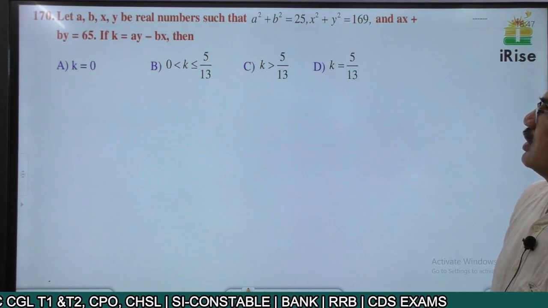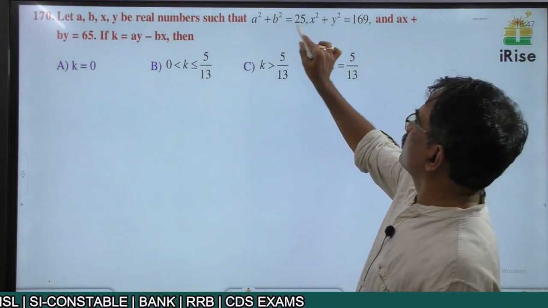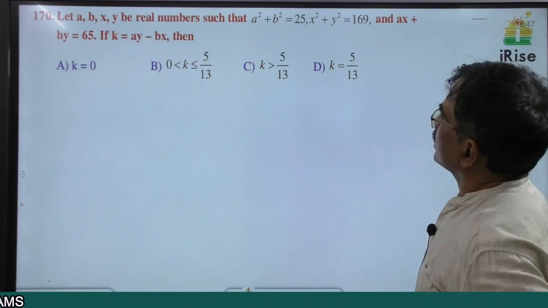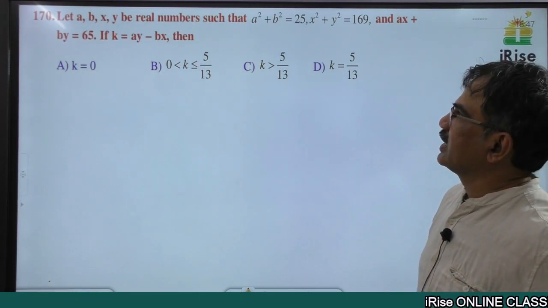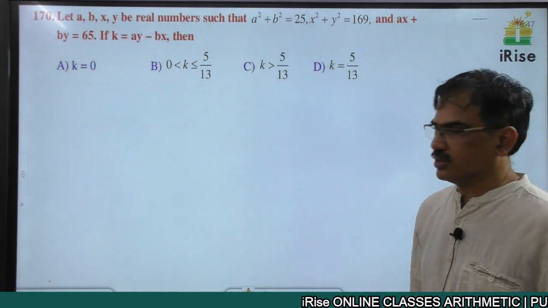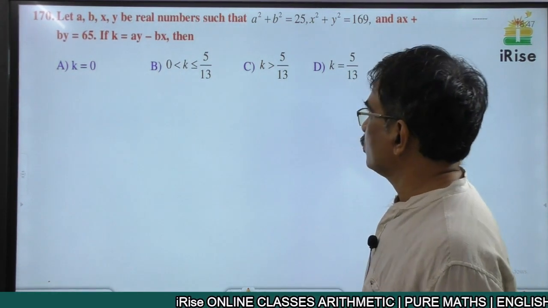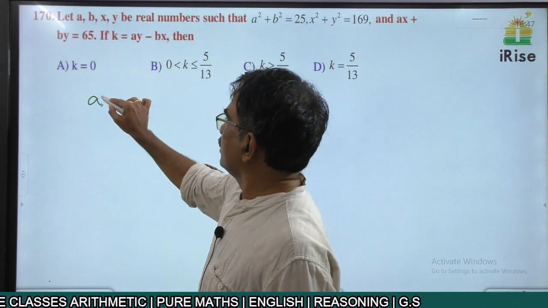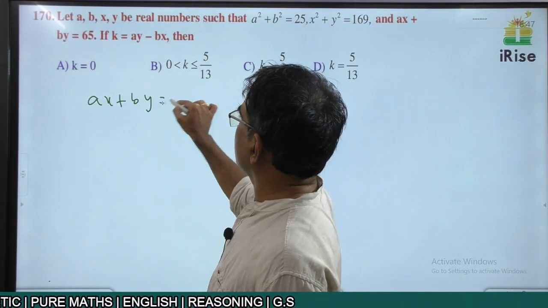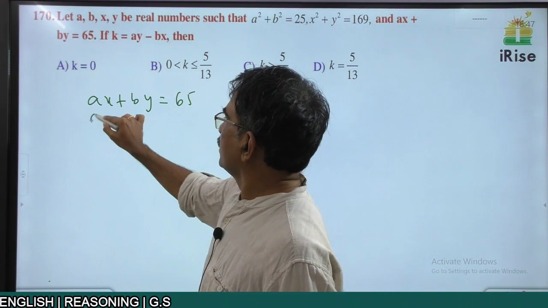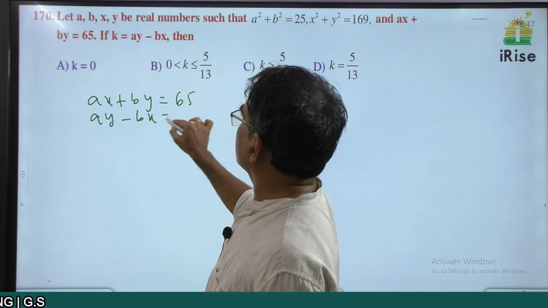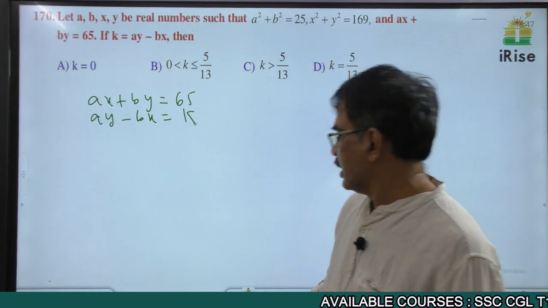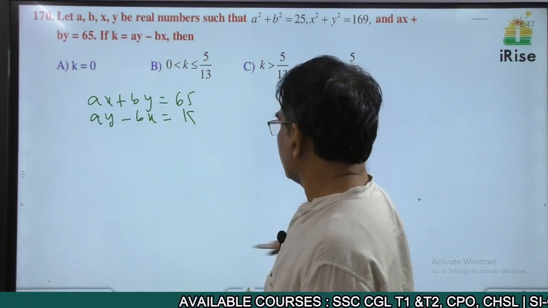a, b, x, y are real numbers such that a square plus b square is 25, x square plus y square is 169, ax plus by is 65, k is ay minus bx. Here, how to solve this type of questions? Here, ax plus by is equal to 65, ay minus bx is equal to k. Then squaring and adding gives,